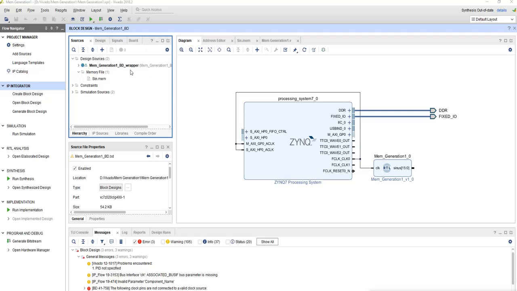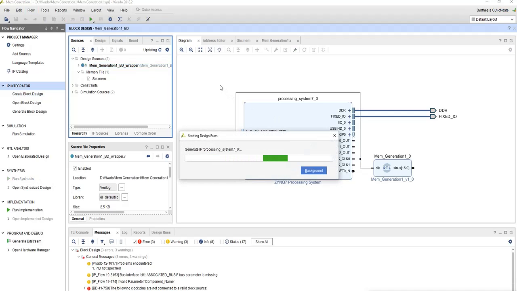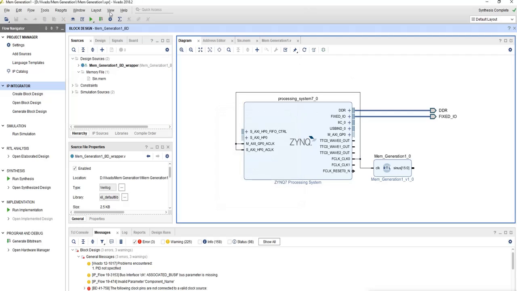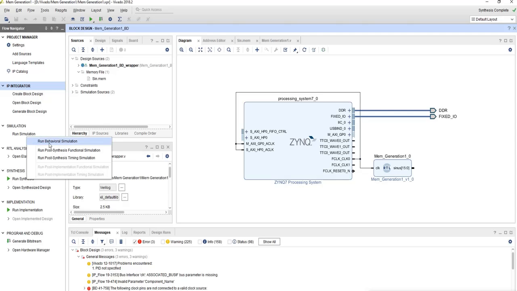Okay, the mem generation block diagram wrapper has been generated. So we'll synthesize it. Okay, synthesis has been completed. Now it is prompting for running, so we'll just simply close it. Now we'll go to run simulation, run behavioral simulation.